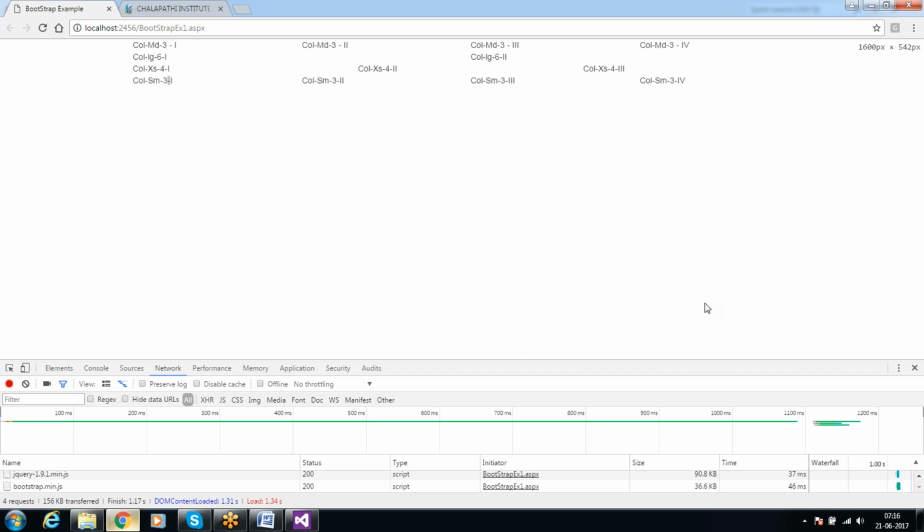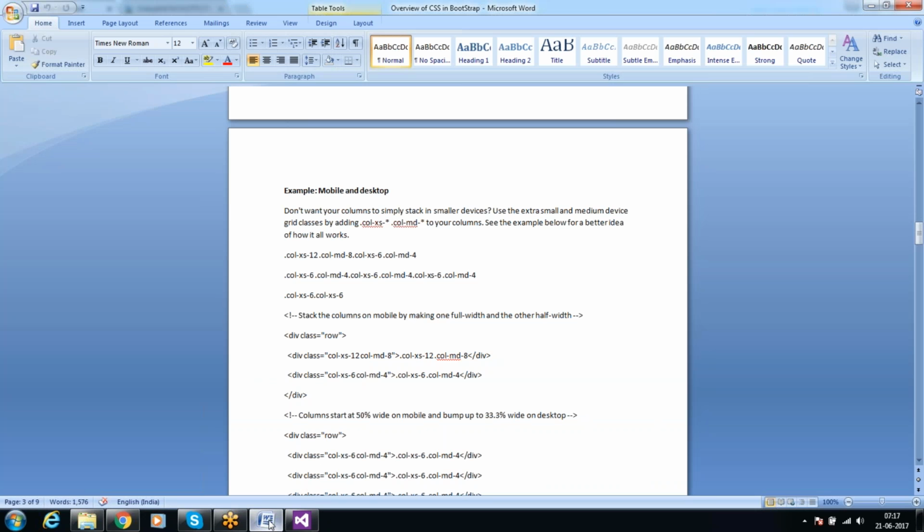So far, are you clear? Yes. Okay. Suppose I want to display a single div for both mobile and desktop. If I want to display it for both mobile and iPad, like two different devices targeting a single div, then how should it be? We'll see that. Say for example,